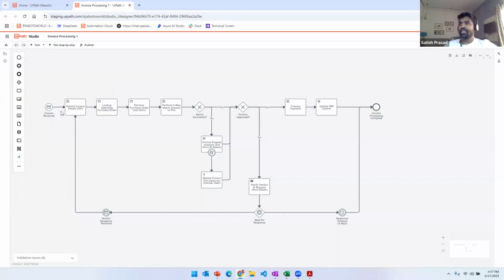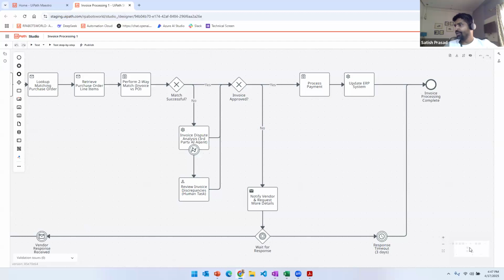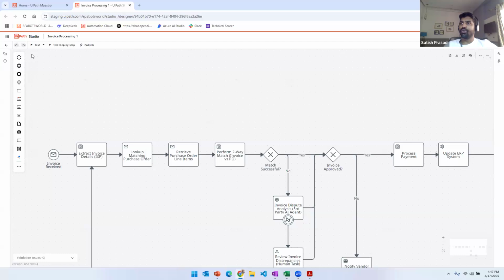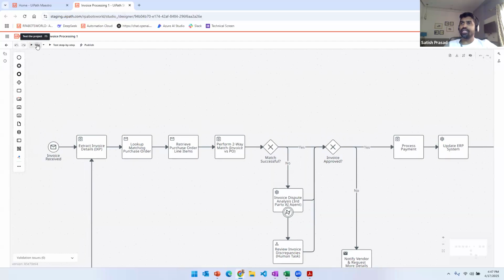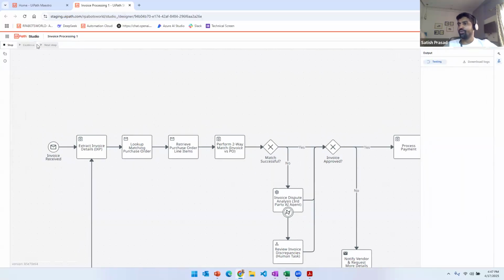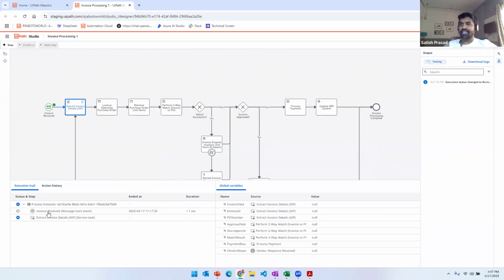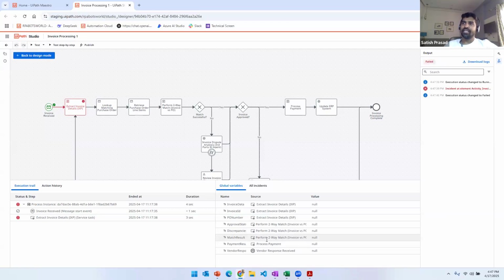From here, if you design your process this way and you want to run this, you should be able to test and debug from here itself. The moment you start debug and test, you should be able to see this execution trail, and with the help of the execution trails and the variables, you should be able to see all those details in this particular screen itself.